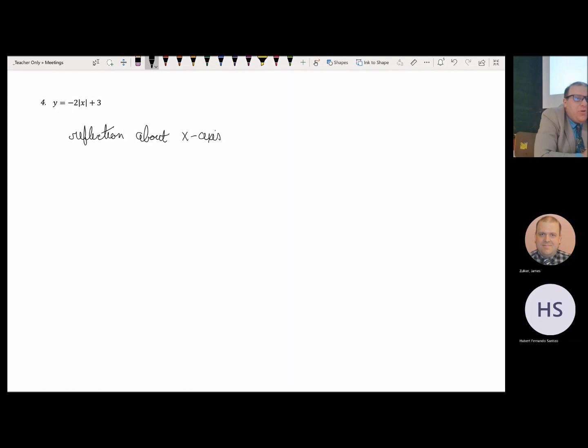So it's going to be a vertical stretch or compression. For vertical, if the constant is greater than 1, then it's a stretch by that factor. If it's less than 1,